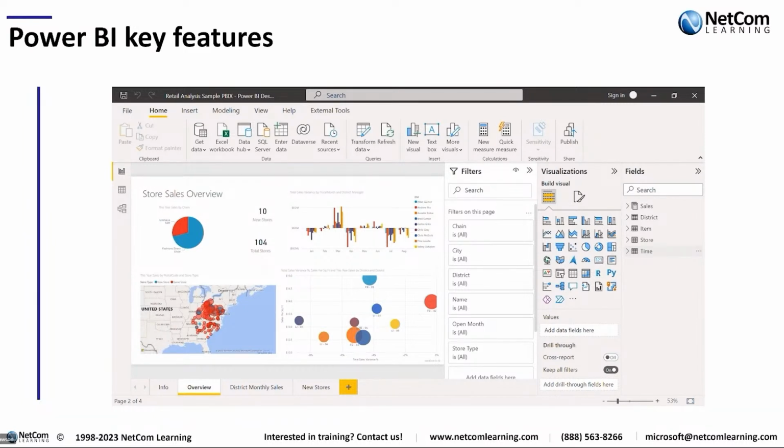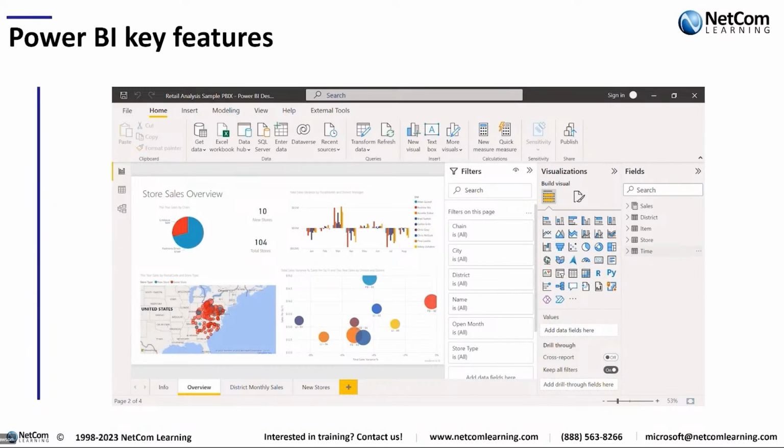Now Power BI Desktop, luckily, is free. Everybody can download it. Anybody can learn how to use it. You can build all sorts of interesting different things. It's when you get into more of the hosting side of the reports that you start paying a fee for it. But let's take a look at the different features. So obviously, as I said, Power BI is how we're going to create the visualizations, charts, graphs, maps, all that sort of stuff. And this is the graphical way that we can use to understand the data that's in the organization and make it more useful, right?